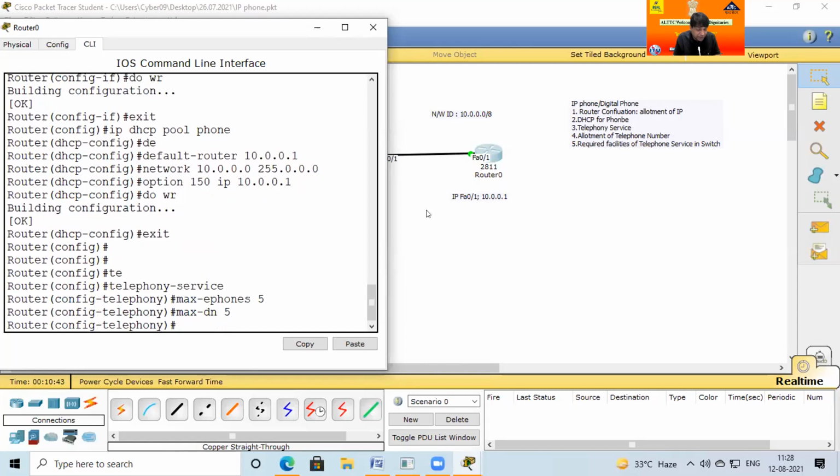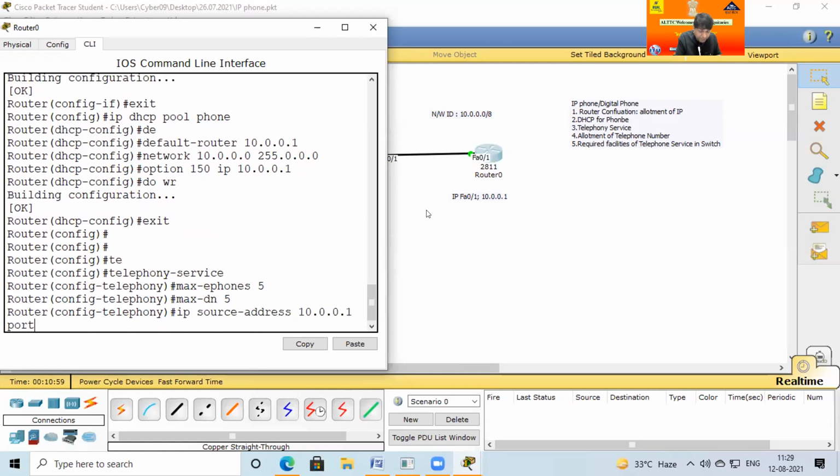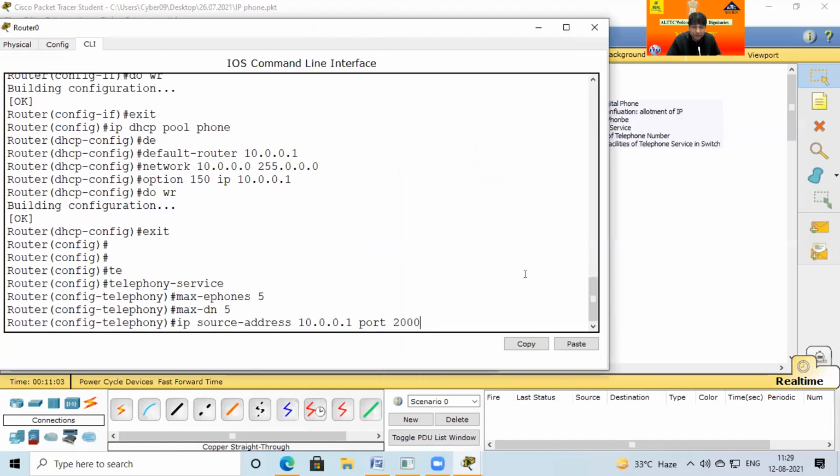And next, this telephone number is allotted an IP from which location. So you just find IP source address, which location, 10.0.0.1, for what port number, 2000. What is the meaning of the port number? Because this IP is only for the telephony system.